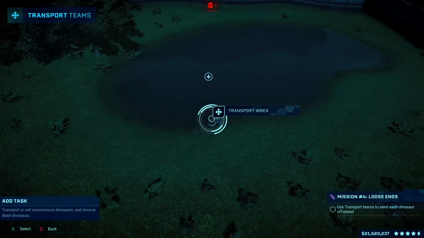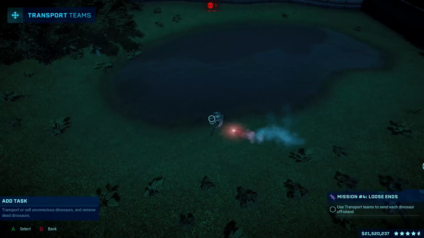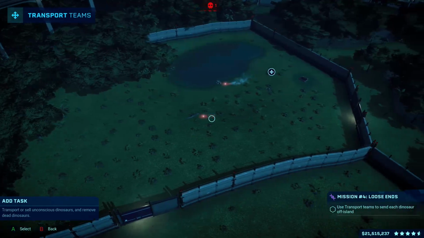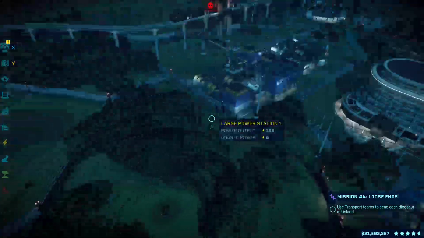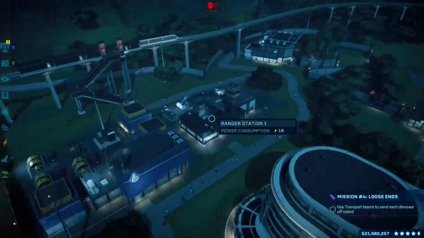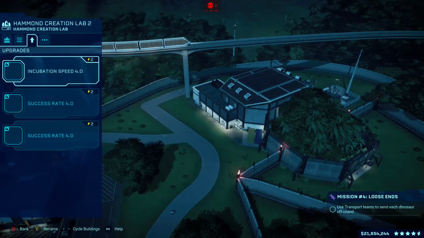So now Dr. Wu wants us to get rid of the dinosaurs. Asset required collection. Heading to collect the asset. And, well, we've got our second Spinoraptor in there, just so that the social requirement was met. While they're getting tranquilized, we